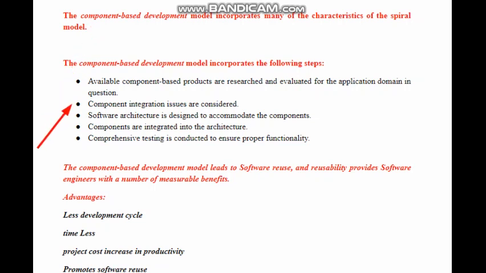So prototypes are developed and given to the customer, benchmarks are developed, and feedback is taken from the customer. Then, after finding out that the system is satisfactory and can be easily deployed to the customer, only then is it considered a final prototype. That is the working of the spiral model, isn't it? Yeah, so a similar approach is carried out here. These are all the steps carried out during the development of the component based model.